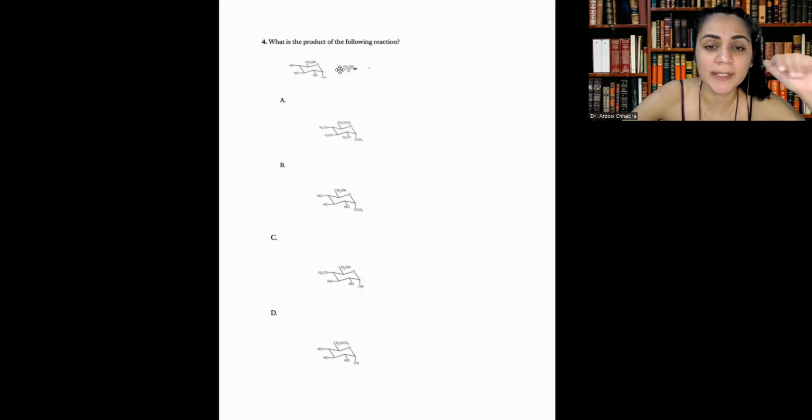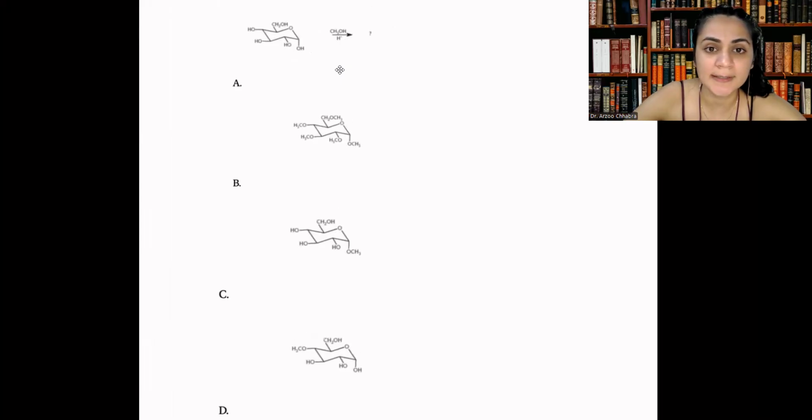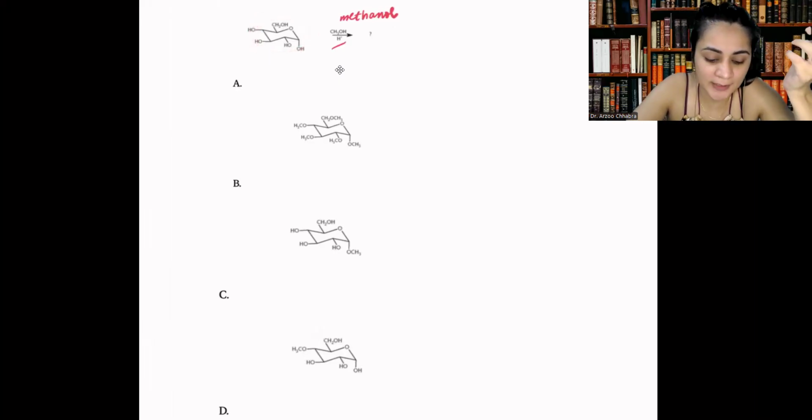Okay, what is the product of the following reaction? So if we look at this reaction, right, what we really see here is that we have methanol reacting, right? So we have a methanol. It's reacting with this compound, which is actually a carbohydrate. So when the methanol is reacting with this carbohydrate,